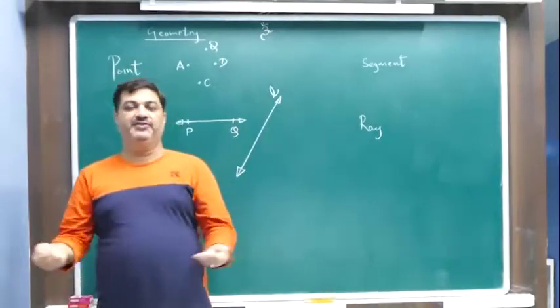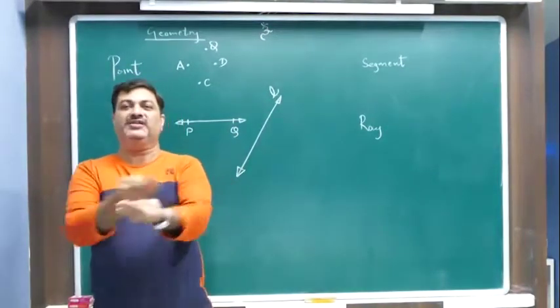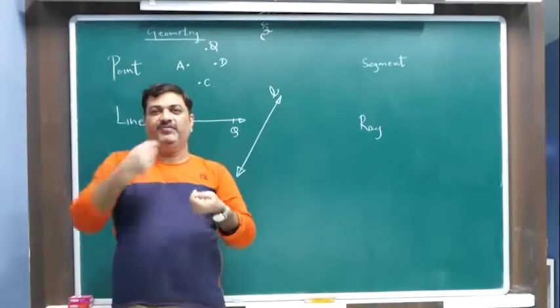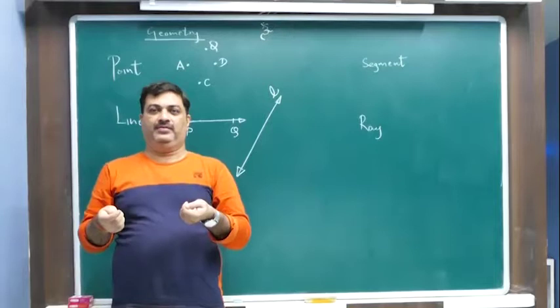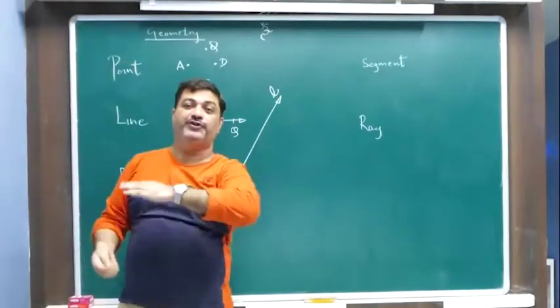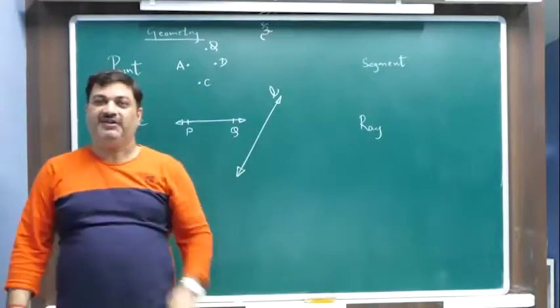Okay? So, imagine a cloth, a sari. If you hold a sari like this, the sari will be one plane. You can change the angle of the sari 10 degrees, 20 degrees, 30 degrees. So what you are doing, you are changing the angle of the plane. But it still remains a plane.